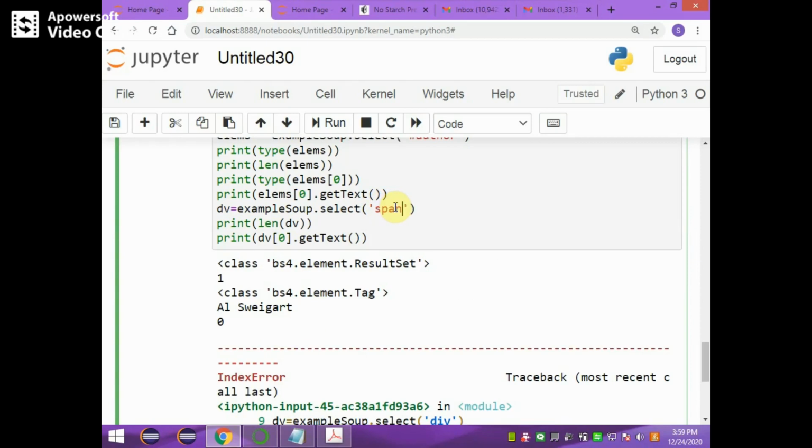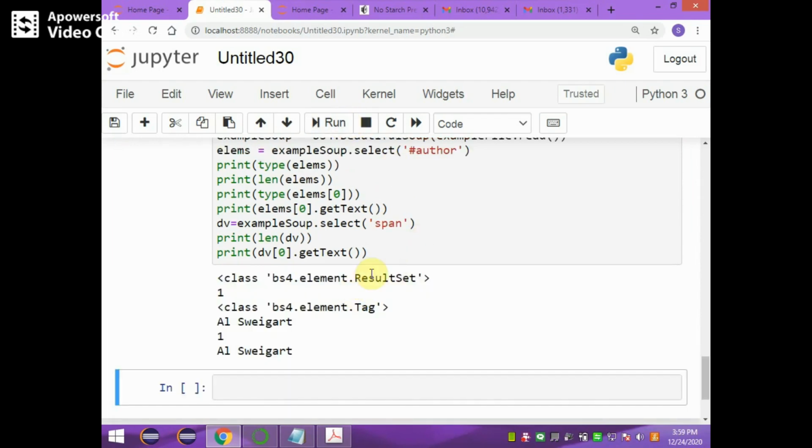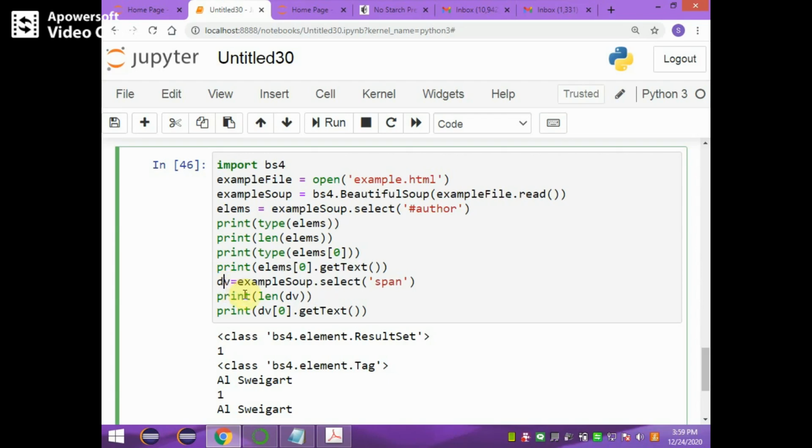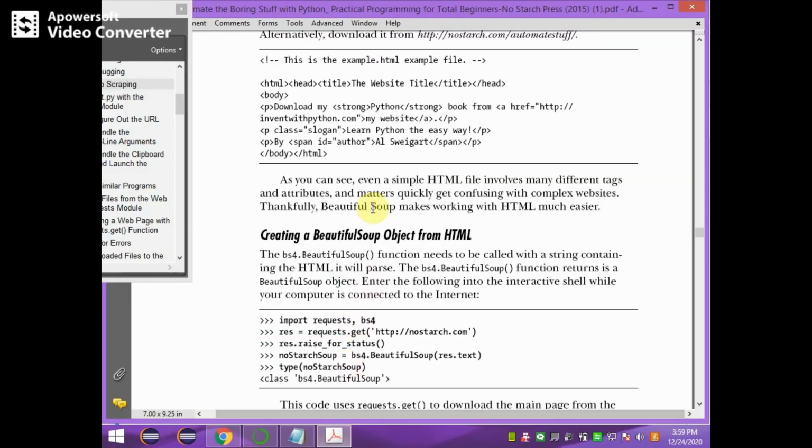It displays the result: the length is 1, and the span content is the figure. You can see the span tag content is displayed.